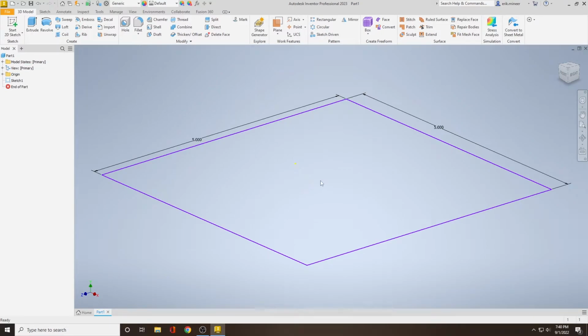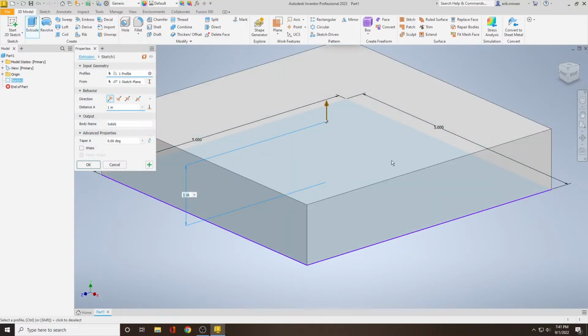We can now extrude this 2D square into 3D by clicking on the Extrude button up here in our toolbar. Then it will automatically assume that you want to extrude this object. However, if you have multiple objects, you may need to indicate which of your faces you want to extrude and which ones you don't. So in this box, this one will pop up after we hit extrude, and it needs